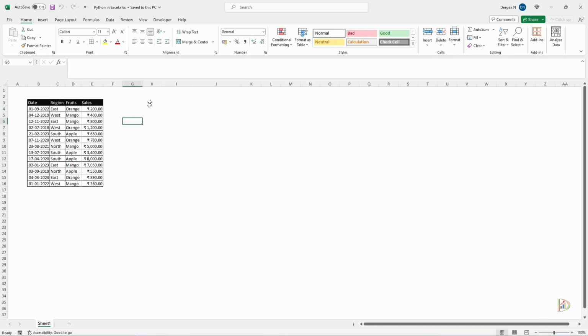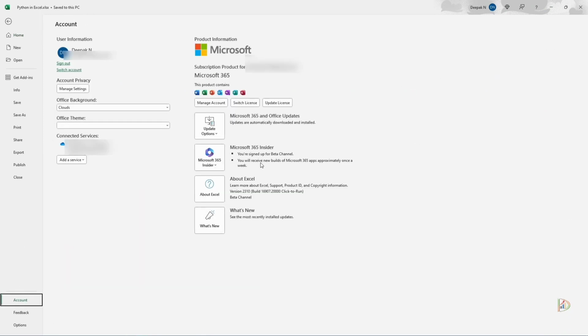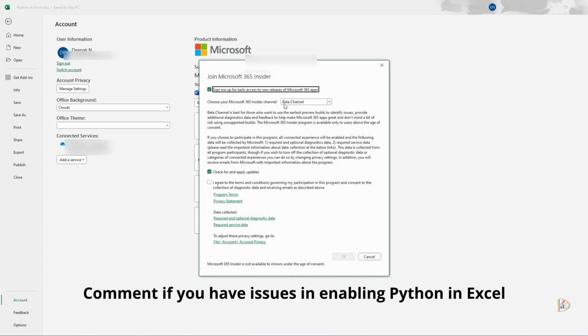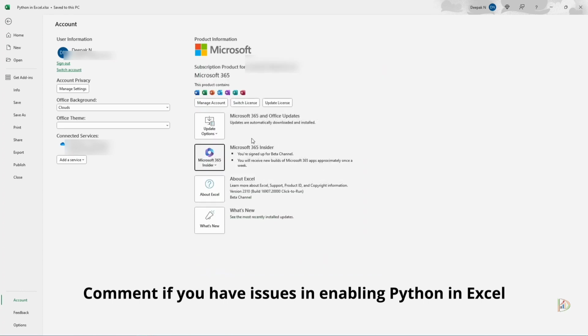Before we start with Python, you need to have some prerequisites. First, you need a subscription to Microsoft Office. Then click on File, go to Account, and you will see something called Microsoft 365 Insider. Click on this, go to Change Channel, and make sure the Beta channel is selected. Check this box and click OK. Once you have this, wait for a day or so for Python to be